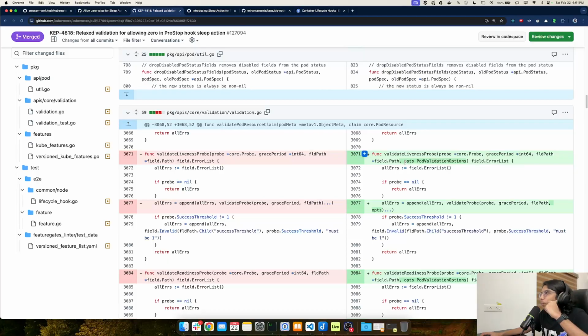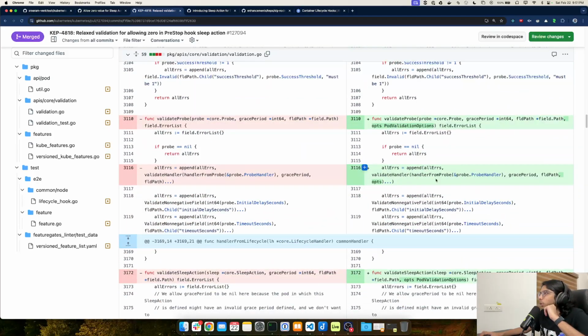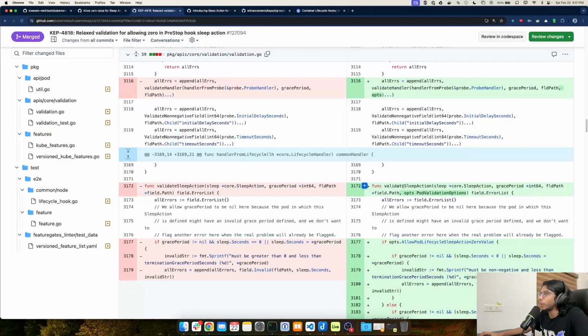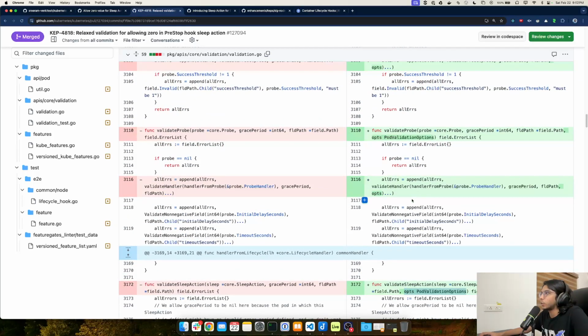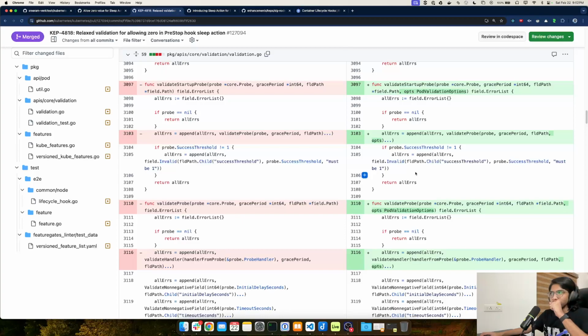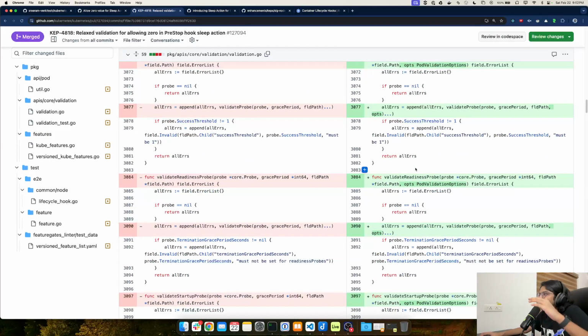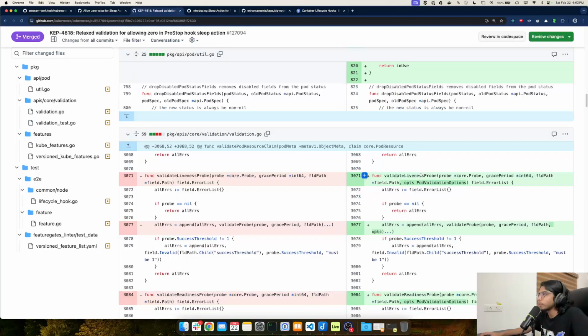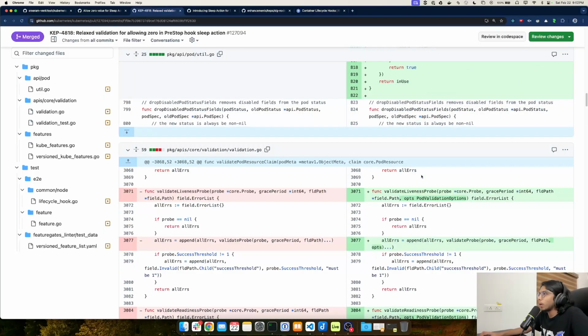Initially the pod validation options was not used inside the validate sleep action function, and right now we have added pod validation options as a new parameter for this function, and we had to pass it down,